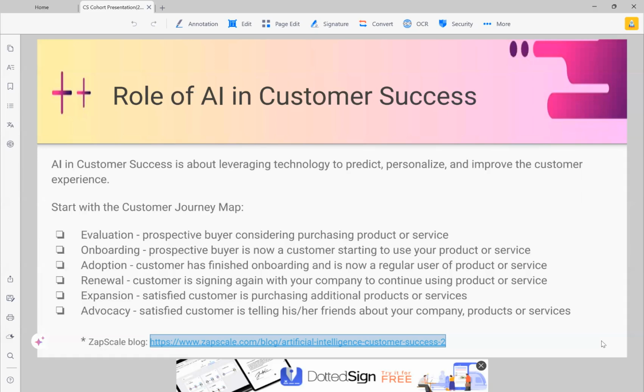And then for advocacy, personally, I haven't used AI and automation for advocacy reasons, only because of the way that advocacy works, I'm sure you're familiar with it. You're taking both quantitative and qualitative data together, and you're basically figuring out which of the customers are good advocates. Who are the ones that will actually go out there on behalf of our company, say good things, and bring in new business for us? Personally, I haven't done that myself, so I don't actually know of any really good tools.